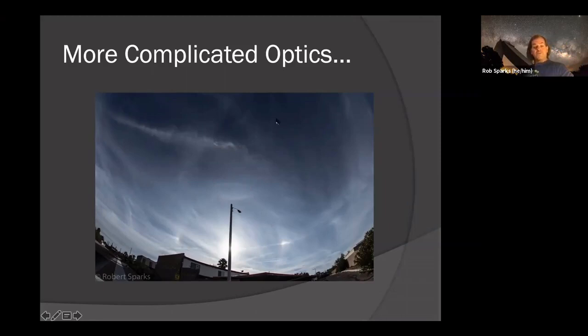I also saw a circumzenith arc, which was up here, but that circumzenith arc disappeared before I got my camera out. I literally saw this display of optics and ran inside to grab my camera, but things changed before I got my camera back out. And this is that very wide angle fisheye lens. The reason I use such a wide angle lens is I was trying to get the circumzenithal arc up here, which goes, as the name implies, around the zenith. Unfortunately that one disappeared before I got my camera ready, so I didn't get that one, but I still got the other ones with a fisheye lens.